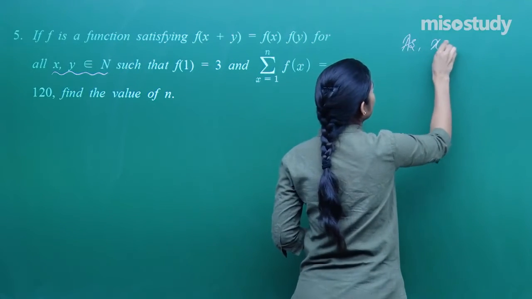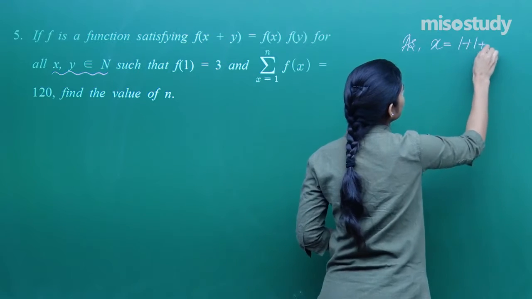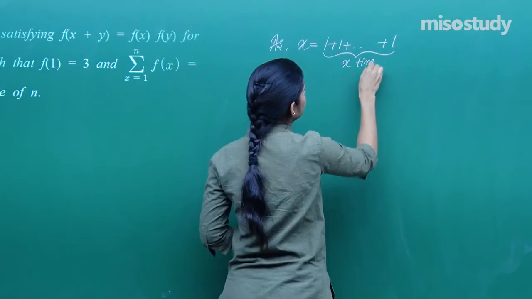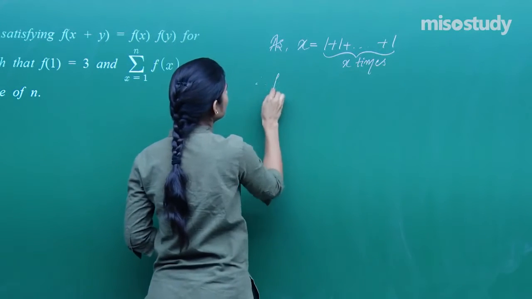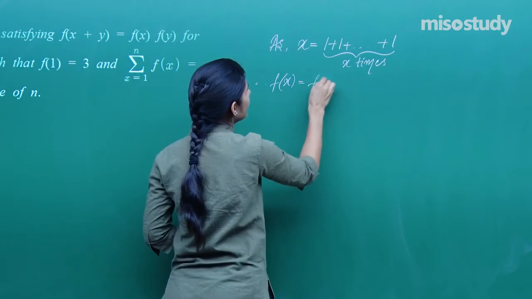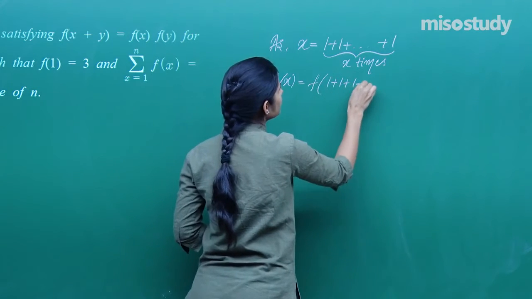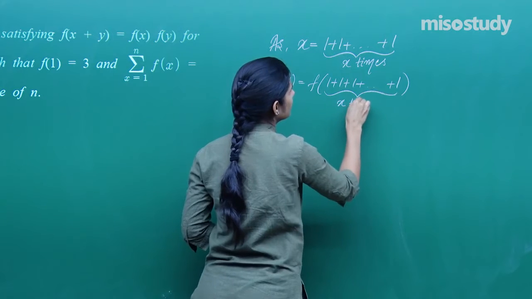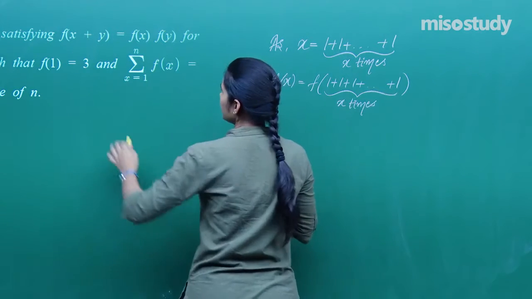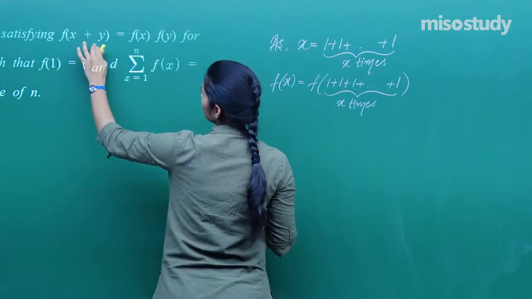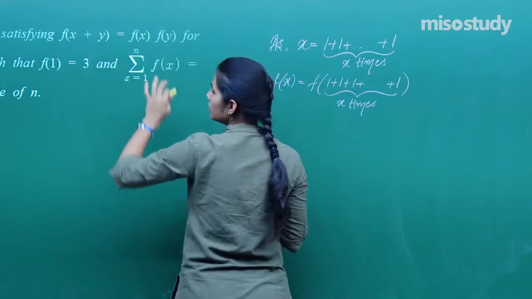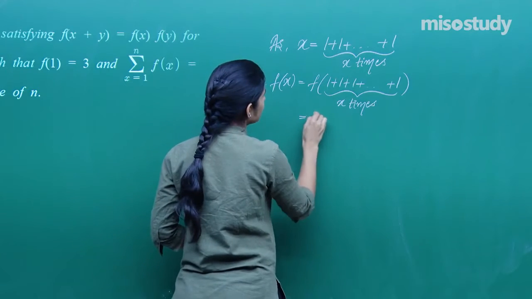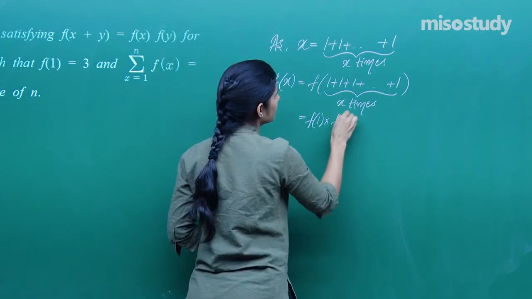So, as x is a natural number, x can be written as 1 plus 1 plus 1, x times. Therefore, f of x is f of 1 plus 1 plus 1, x times. But it is given that f of the addition of two things is the product of the function being applied on those two things. So, f of 1 plus 1 plus 1, x times is f of 1 into f of 1